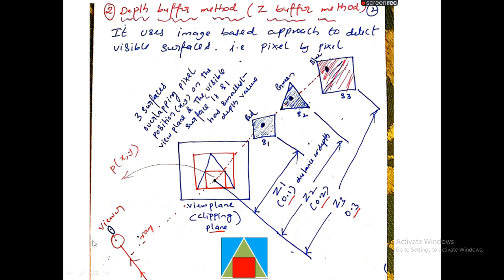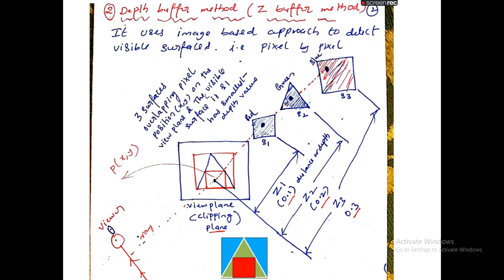Consider the observer is viewing in this direction. The observer is viewing towards the negative Z axis direction, and the observer is standing here. The observer is called the viewer. Now in front of the observer, assume that there are three surfaces.